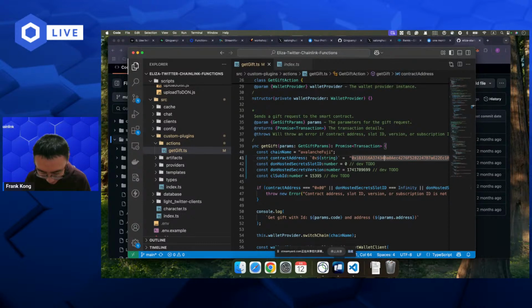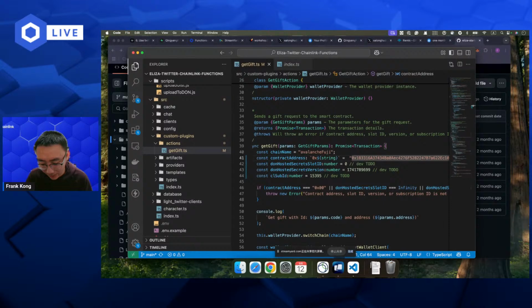Okay, and another question is, I don't remember. I think this is the same, but currently the process is very complex. In my opinion, Chainlink should try adding secrets from the Functions subscription UI. I totally agree with you. I will reflect this to the engineering team, that it would be better if we can have a UI to upload the secret, and we don't use the script. I'm on your side. I totally agree with you.